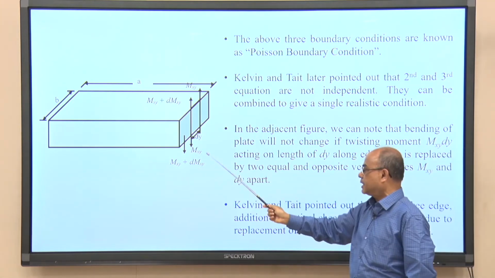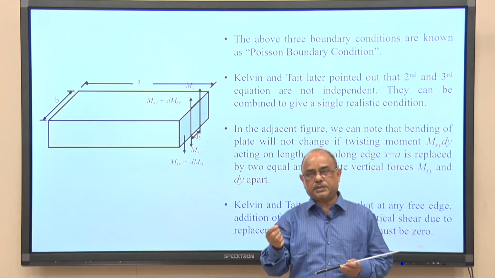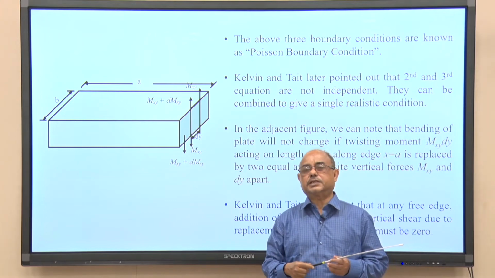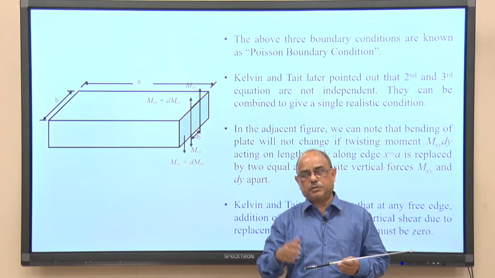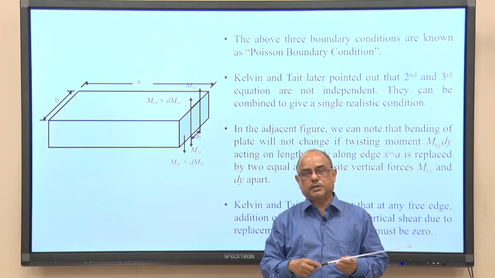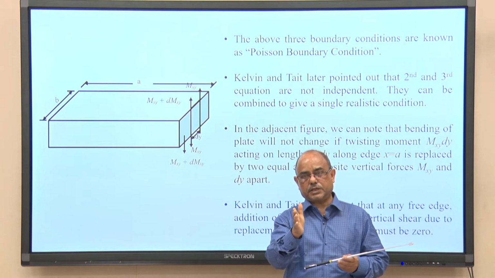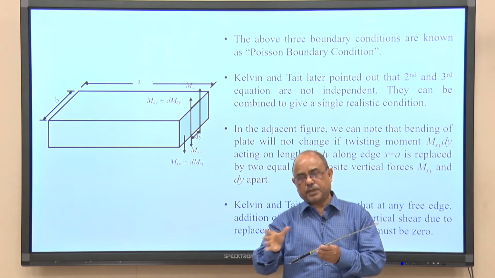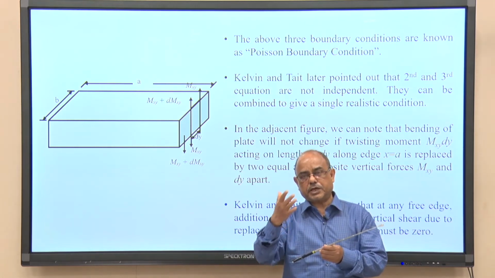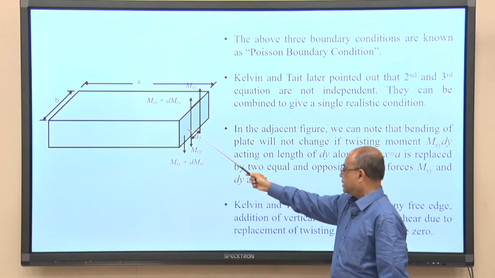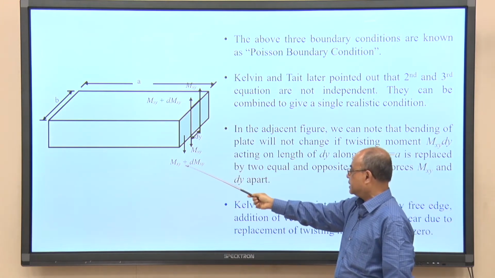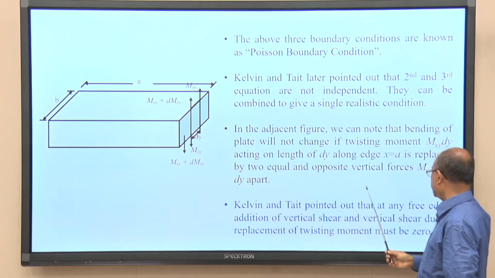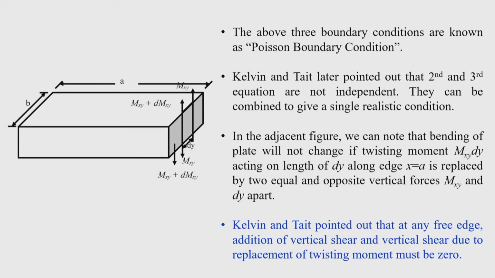d m x y is the increment, which in full form is d m x y by d y into d y. That is coming from the Taylor series expansion that I have given you in the equilibrium equation lecture, on how the incremental quantity is written on the opposite faces, at a distance d x or d y apart. So, on the adjacent element you will get m x y plus d m x y as the twisting moment.